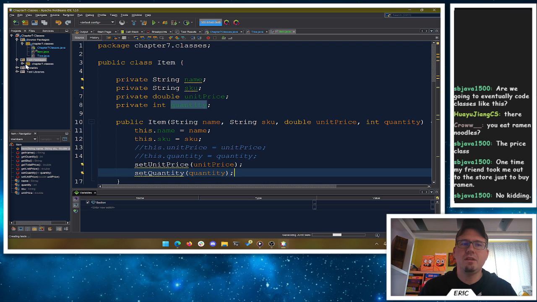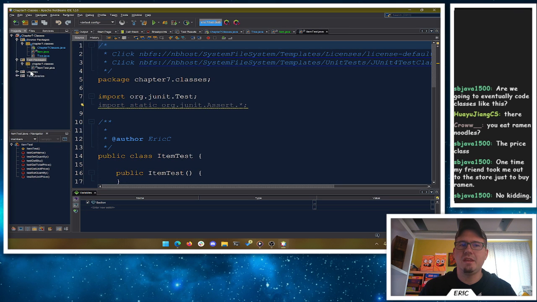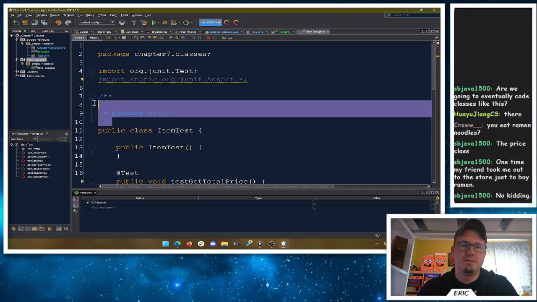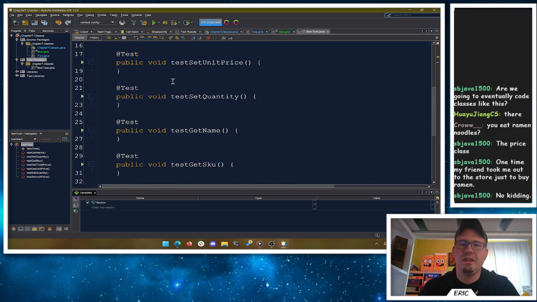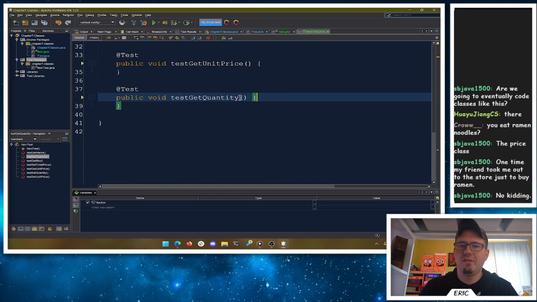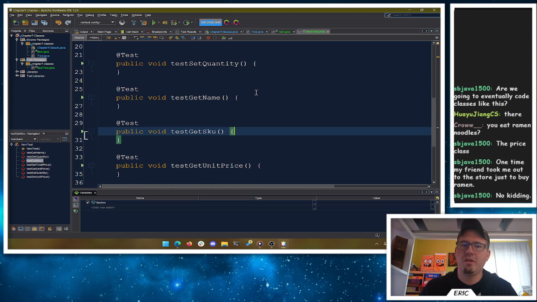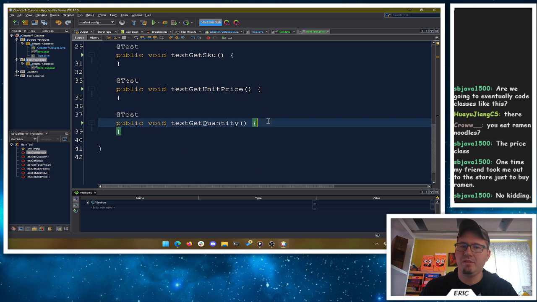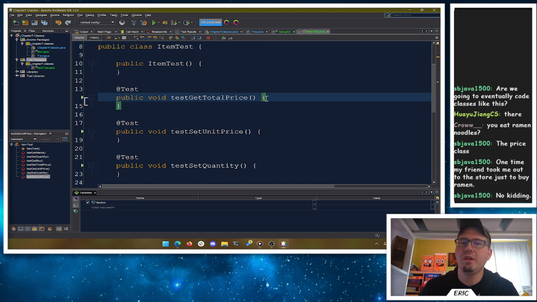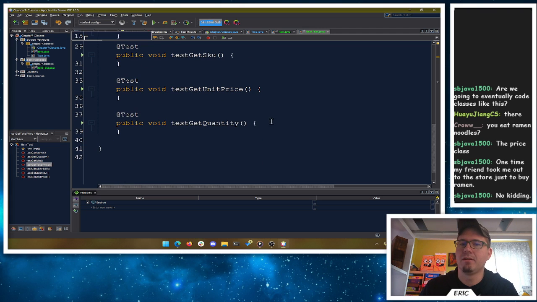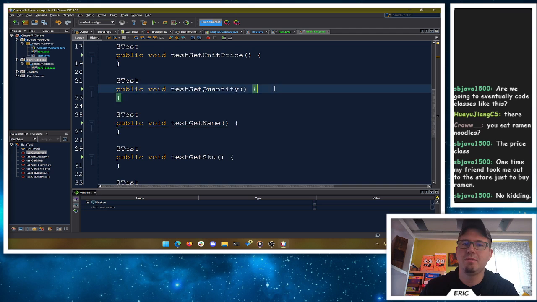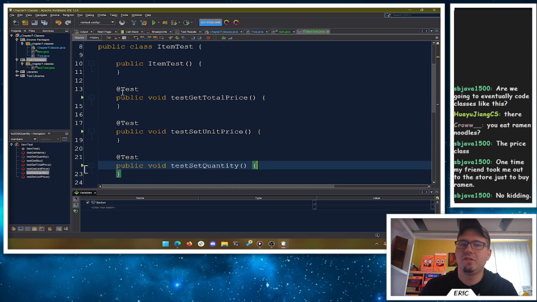It's going to generate a new class in the test packages folder here for us. Now we can go and test all of our code, and it adds a couple things here at the top. Don't worry too much about it. It adds methods for us based on all of our methods. So every time there was a method, it adds a test method. In this idea, we want to test one unit at a time. Here, testing get quantity, testing get unit price, testing get SKU, testing get name, right? So it sets up a bunch of these tests.